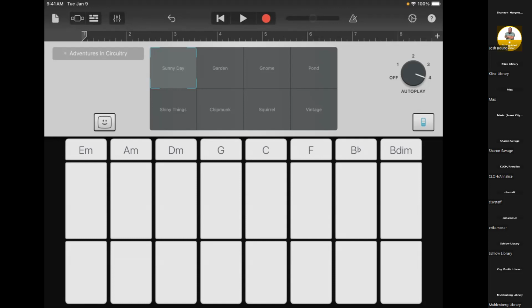So there's a couple of other tips and tricks. And honestly, recording takes a couple of tries to make sure that you get it right. The record button is that big red button at the top of the screen. And when I tap that button, GarageBand is going to give me a count of 4. I'm going to hear and see a 1, 2, 3, 4. And then I know that it's time to play my progression. So I'm actually going to demo that whole process for you, and then we can talk about it